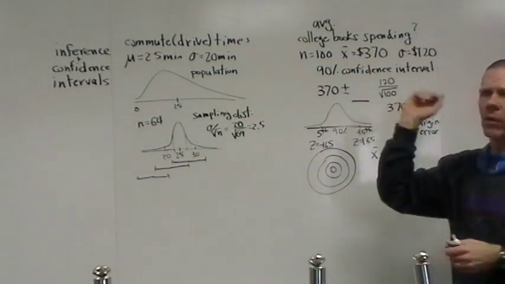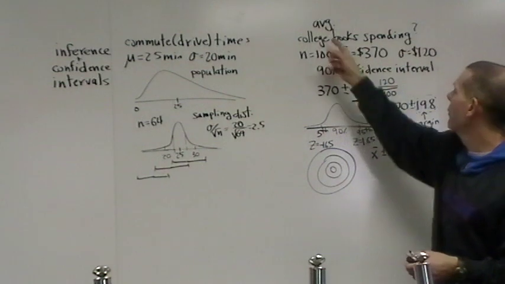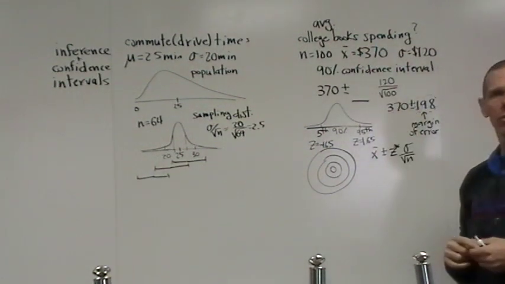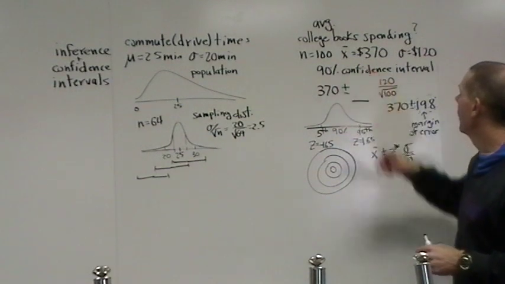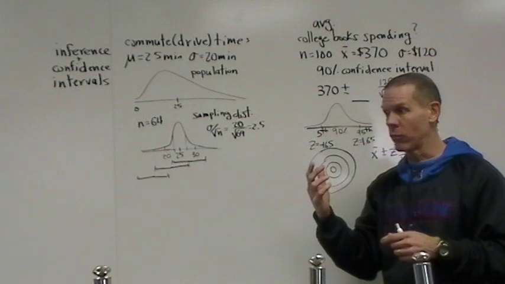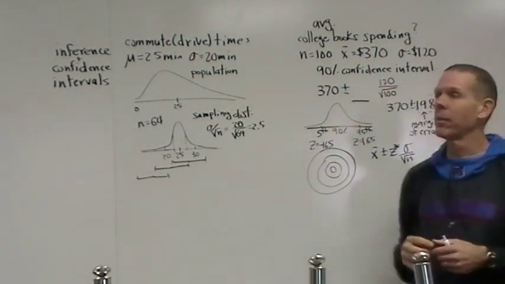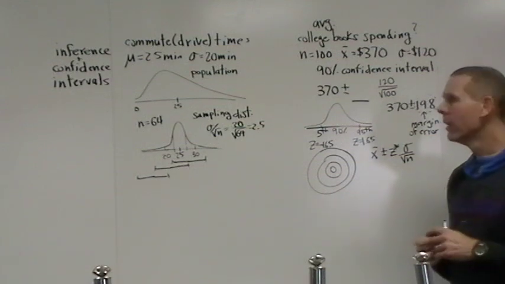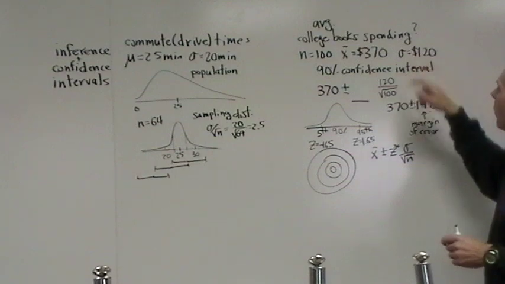So now we want to know, a lot of you guys are going to college next year, not everybody, but many of you. What's the average amount that we spend on college books? So we go take a sample of size 100. Our sample mean happens to tell us it's 370. Now, we think in the back of our head, well gosh, the real answer is likely somewhere around 370. And actually, I gotta be careful with that wording. It either is or it's not. We'll work on that as well. We know that the standard deviation of the population is 120.